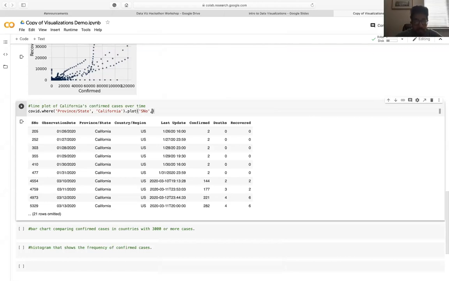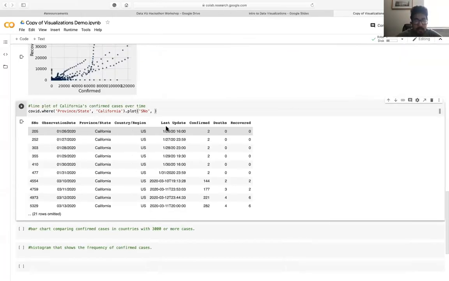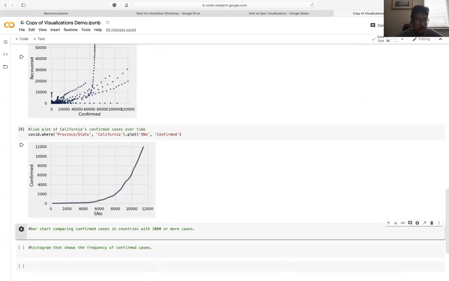And yeah, so this will be our x-axis, and then we need our y-axis, and we're looking at the number of confirmed cases over time, so we're going to use this confirmed column right here. Yeah, let's take a look at that. Yeah, so we can pretty clearly see that California's confirmed cases have gone quite a ways up over time. Yeah, cool. Well, let's move on to our next type of visualization,